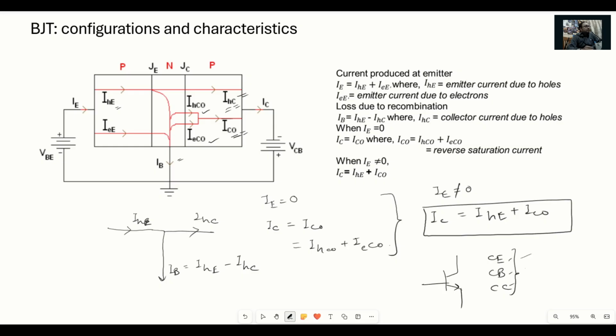Now let's see these configurations one by one and see their responses, which we call the characteristics of the transistor. Let's consider the common base configuration. In the common base configuration, the base will be in the middle, the emitter will be at the input, and the collector will be across the output. Now if we consider that and connect our circuit,